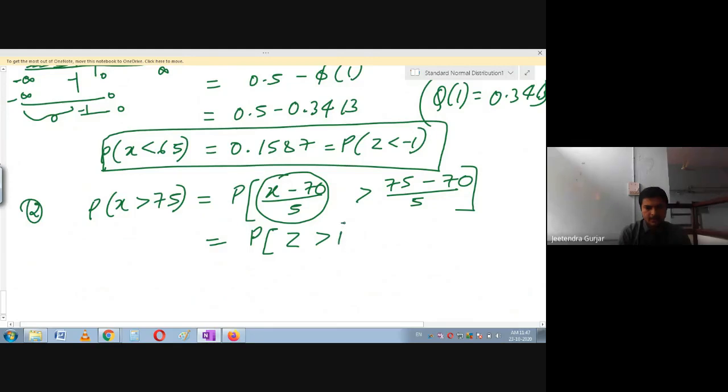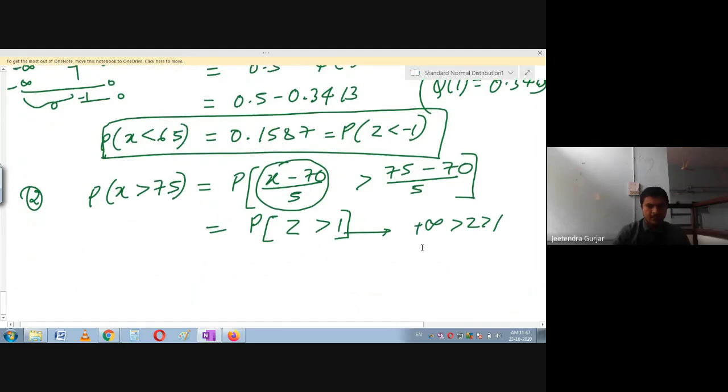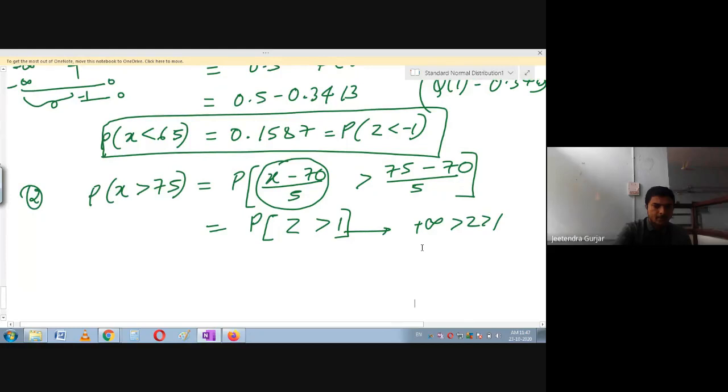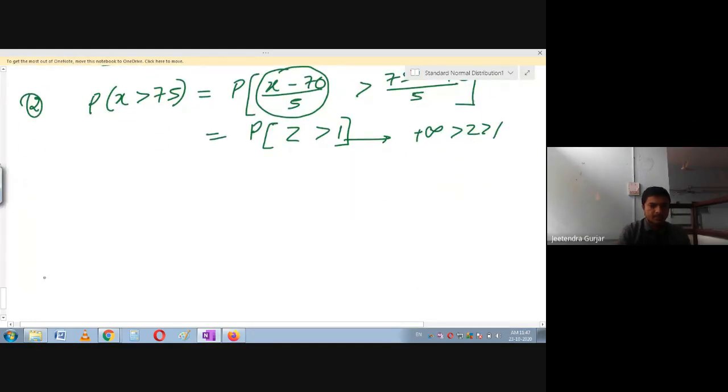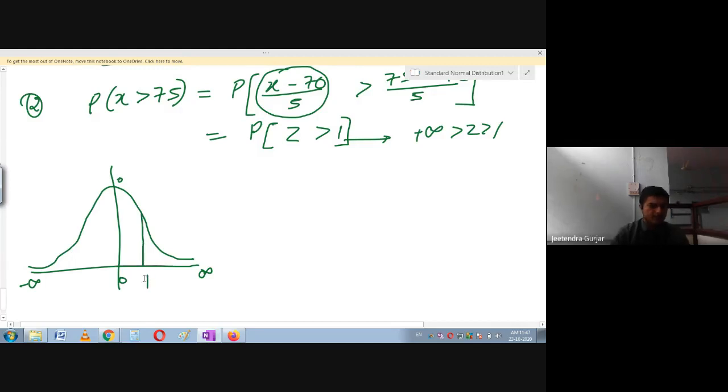1. Yes. So what is the area bounded on this curve? See, z is greater than 1. Upper limit is not given, means we are going to take this as plus infinity, means where does our normal distribution appear? Yes, the curve will come here. I'm going to draw the normal distribution curve, that is the bell-shaped curve. I will take this as 0. Yes, please adjust if I'm not drawing a straight line. Okay, please excuse. And 1 is positive, therefore I will take it on the RHS. I'm going to take this as 1.